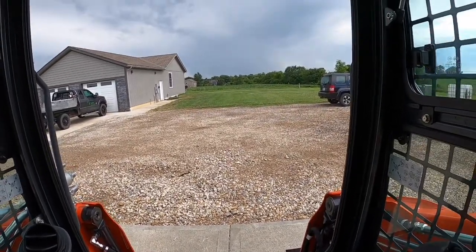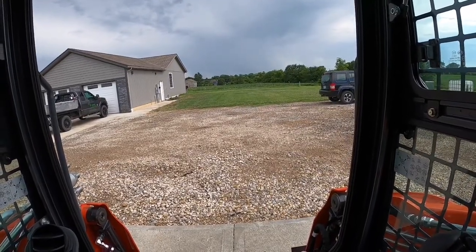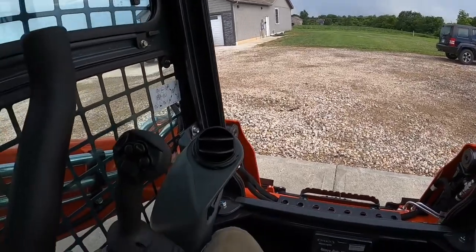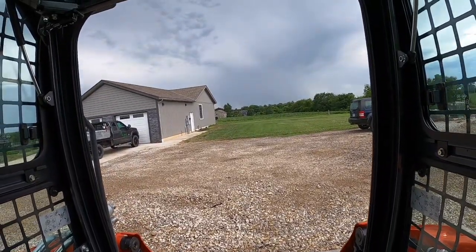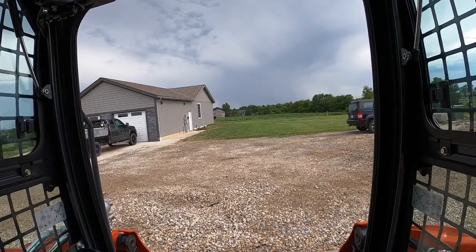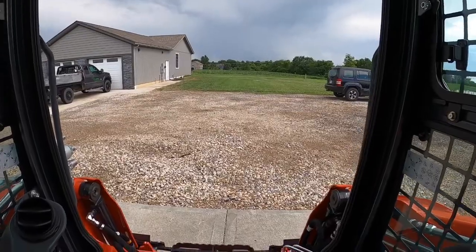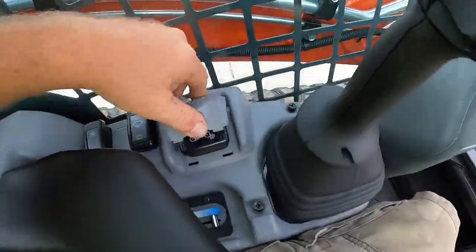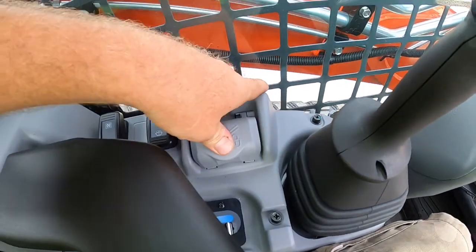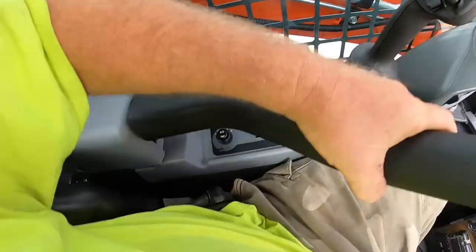And he actually told me a Lexan trick. I guess they put some 1/2-inch Lexan in this frame, and it actually supports it. So we may do that. I think I might try to pull the glass out and maybe put security film on it, which if we do that, we'll do a video of that so you guys can find out what security film is. But anyways, other than that, here's your hydraulic quick disconnect, your wipers, there's your DPF,